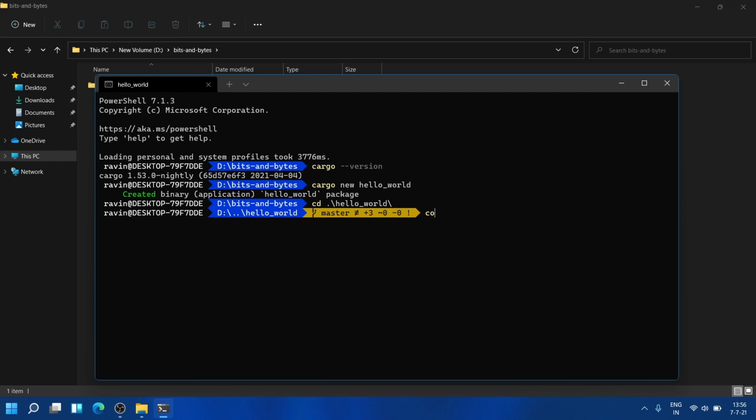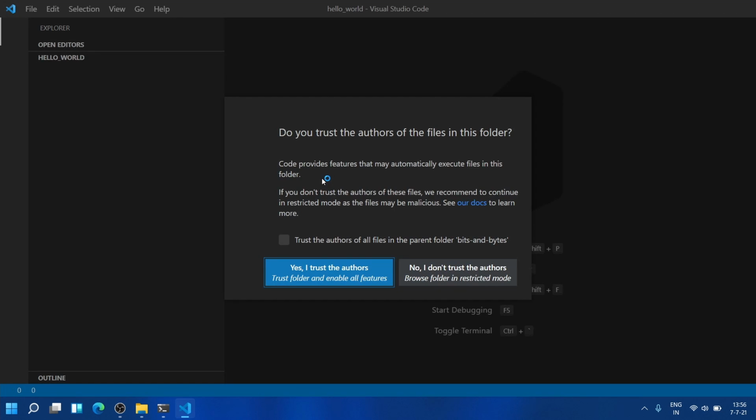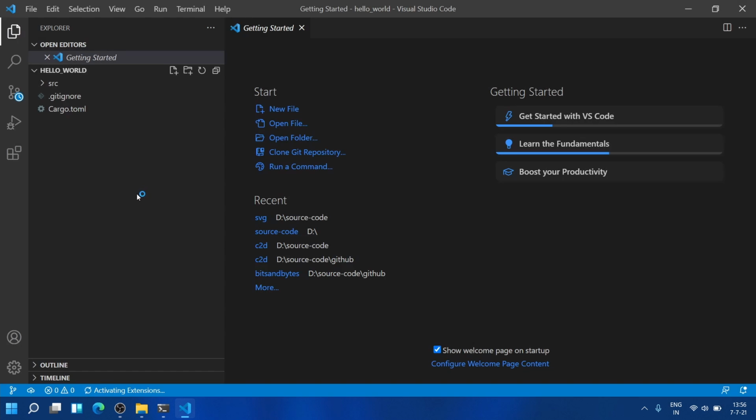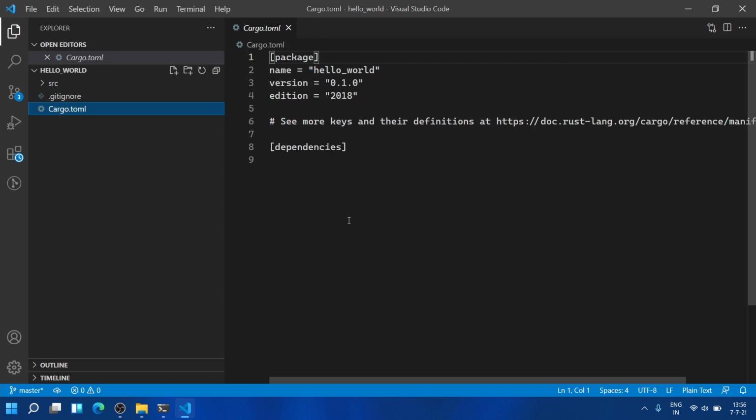Right. Let's look at the individual files and how they look. The first thing you have to pay attention to is this cargo.toml file. This toml file is like your basic application configuration.